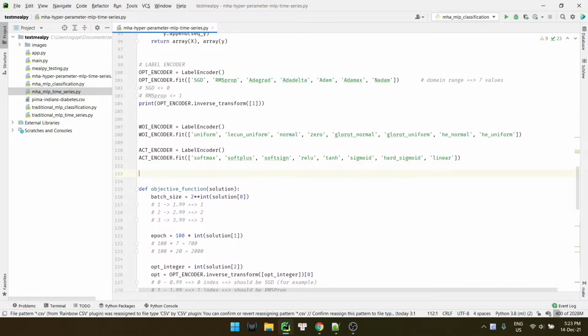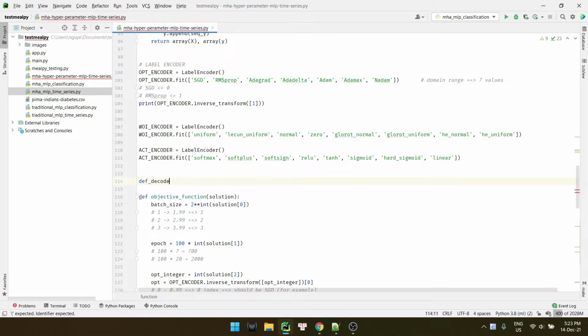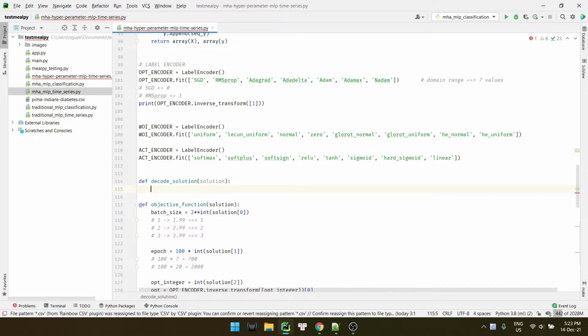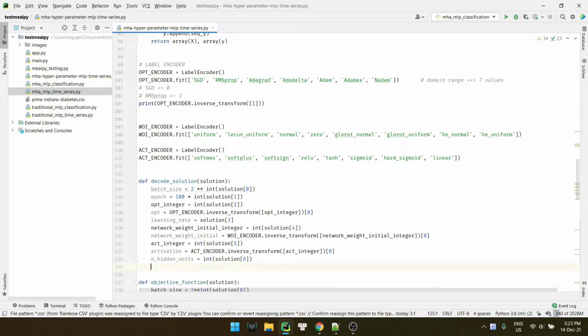Write it up here, decode function, decode solution. Alright, so we have the solution, and we would like to get the real value.